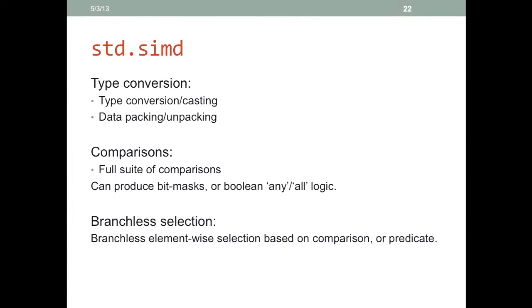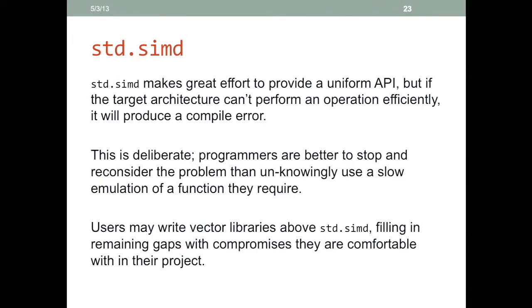So you can get one of these bit masks, for instance, give it to a selection function, and it will select between A or B based on some predicate, and it will perform no branch in the process, which is good, and more. It makes great effort to provide a uniform API, but if the target architecture